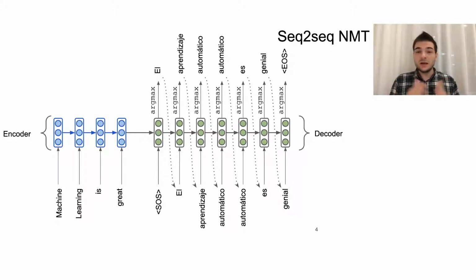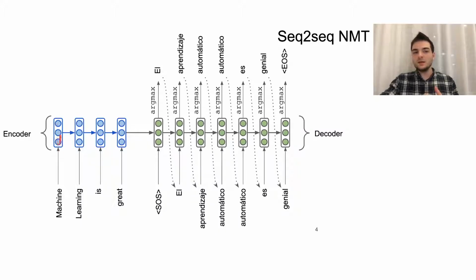To introduce attention, I suggest we first take a look at this picture of the sequence-to-sequence model. We already covered it in the previous lecture, so it's one of the main approaches in neural machine translation. It uses two recurrent neural networks. They might be RNNs, LSTMs, GRUs, any other fancy stuff. It doesn't matter. So, brief recap. We have a phrase on the input, so machine learning is great. We have some kind of recurrent neural network. At the beginning, its hidden state is empty, nothing in there. We feed in the first token, actually first the start of sequence, then we feed machine, and update our hidden state.